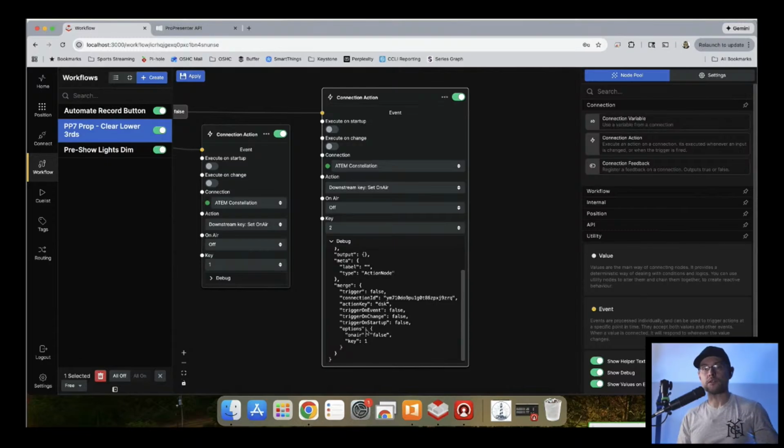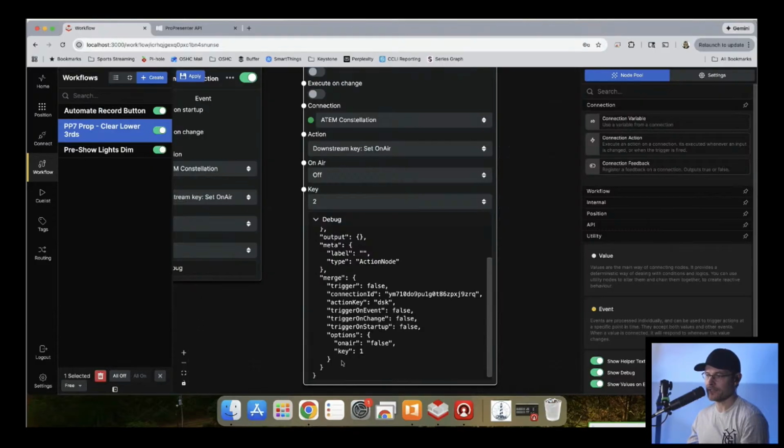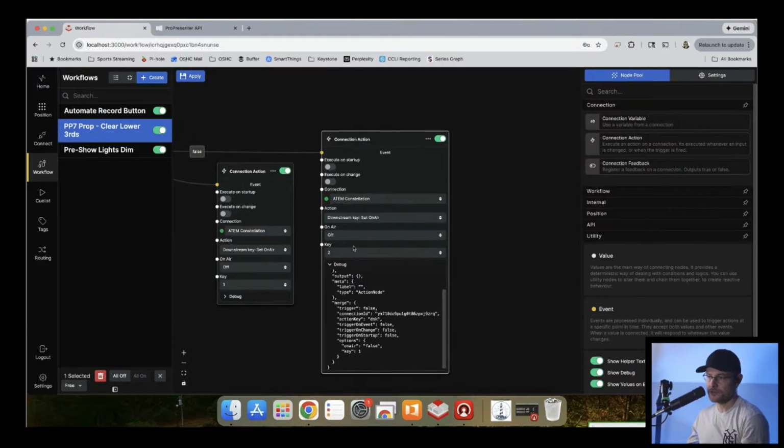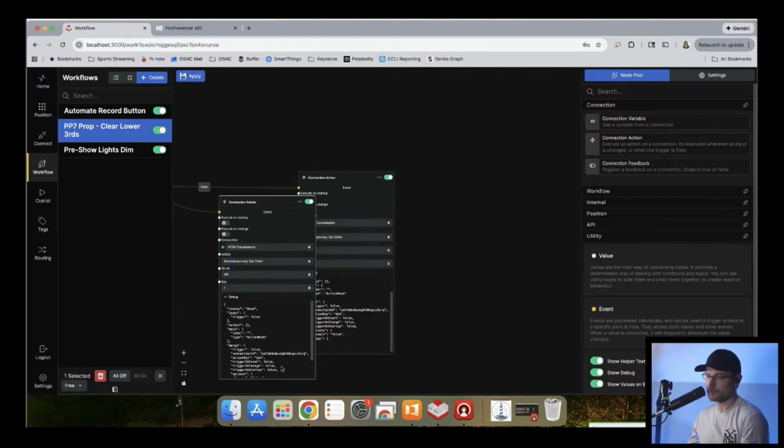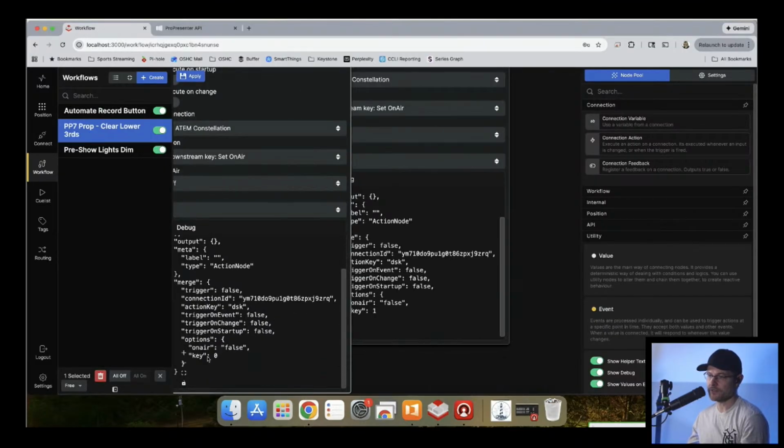Oh yeah, don't get confused here. In programming worlds, key 1 is numero 0, and key 2 is 1. Now this is just classic programming, okay? That's just how that is. But don't be confused. Key 1 is going to be key 2, and then here, key 1 is going to be key 0. Let's look at that one real quick so that you see the difference. Boom. So check and check.